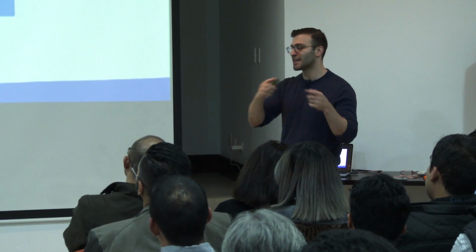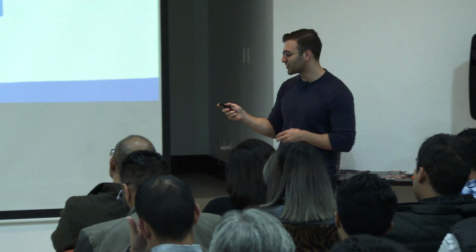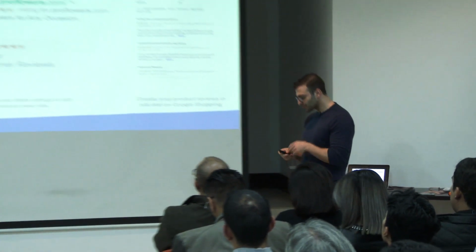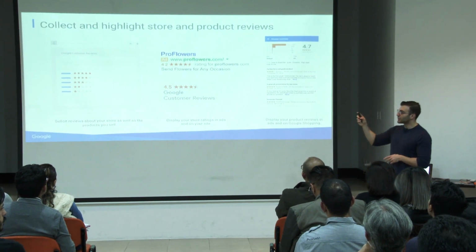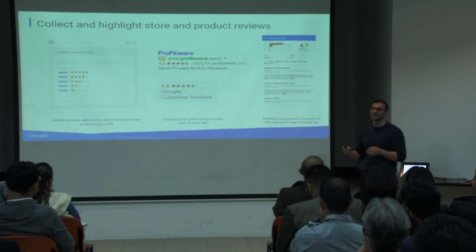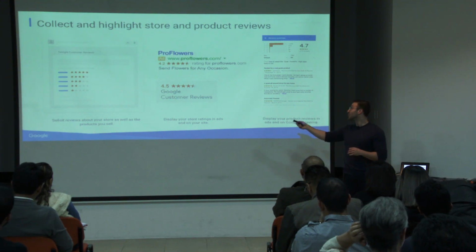Taking a step back, we talked about that second moment, right, doing research. We think Product Ratings will really help in their shopping journey. Taking a look at how this would look: on the left, if you have Seller Ratings implemented on your website, Google will automatically send a post-sale survey. They'll fill it out, and this will go into your seller rating. You can see it on the ad format at the top. The other benefit is not only do they see it before they click on your ad, but you could also show this badge on your website. Even if a person connected to your website directly, you have a high rating, and we want you to be proud of that and show it on your website.